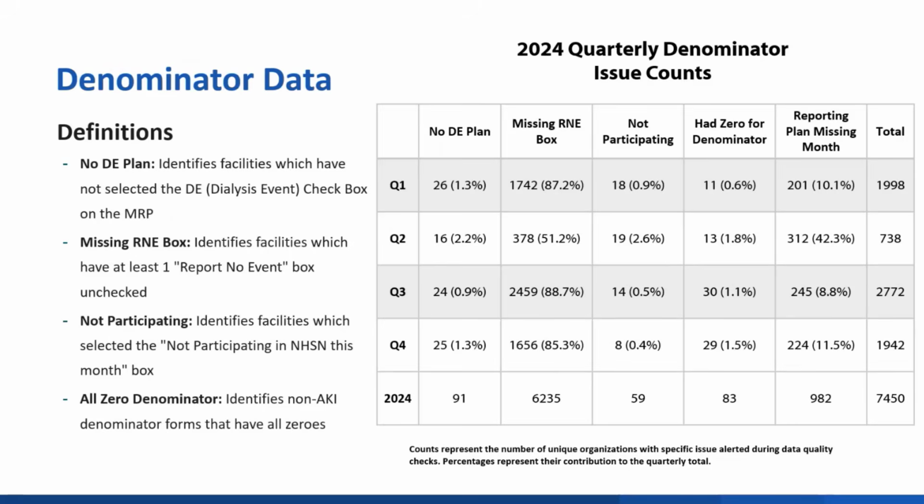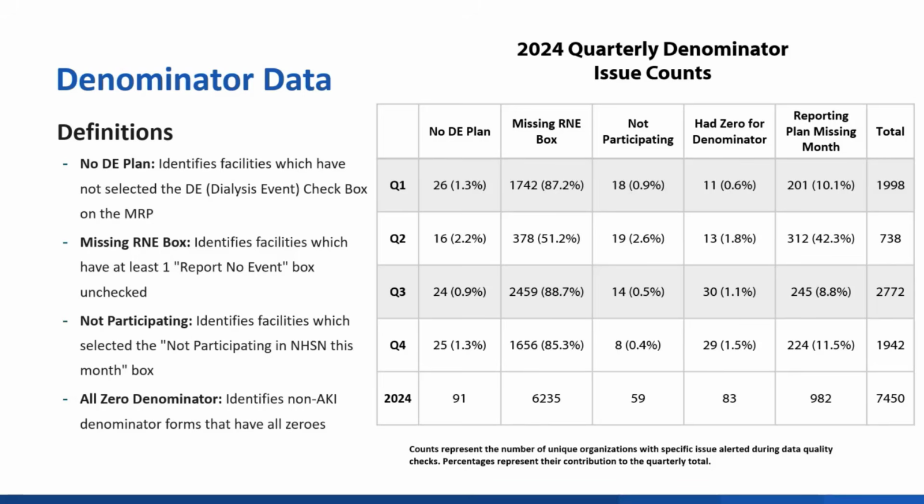And on the next slide is the same view, but for denominator data. So the 4 alerts you can have for denominator data are no DE plan, missing RNE box, not participating in all, and 0 denominator. For the first one,